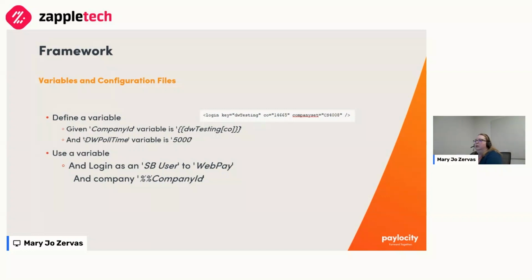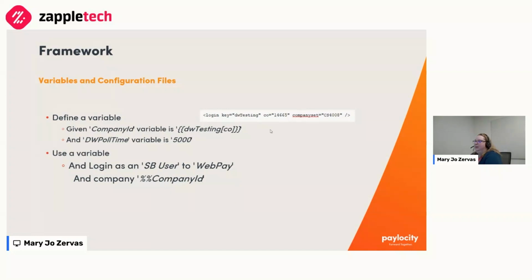And this one is just a hard-coded variable, and I set a polling time variable of 5,000. So that's just hard-coded into the test. And then if I use it here, I'm using this company variable now, we came up with this double percent sign syntax. I'm like, what is that symbol? That would essentially replace this token with the value that I pulled in from the